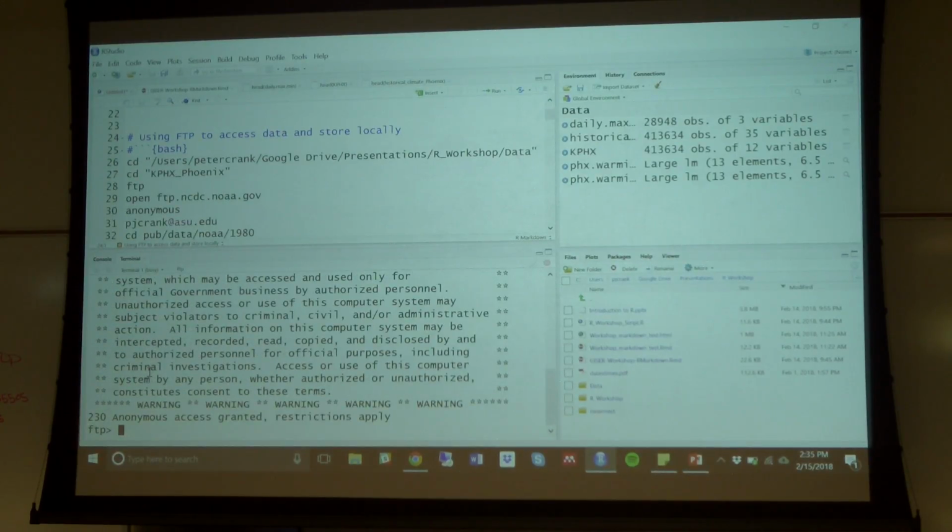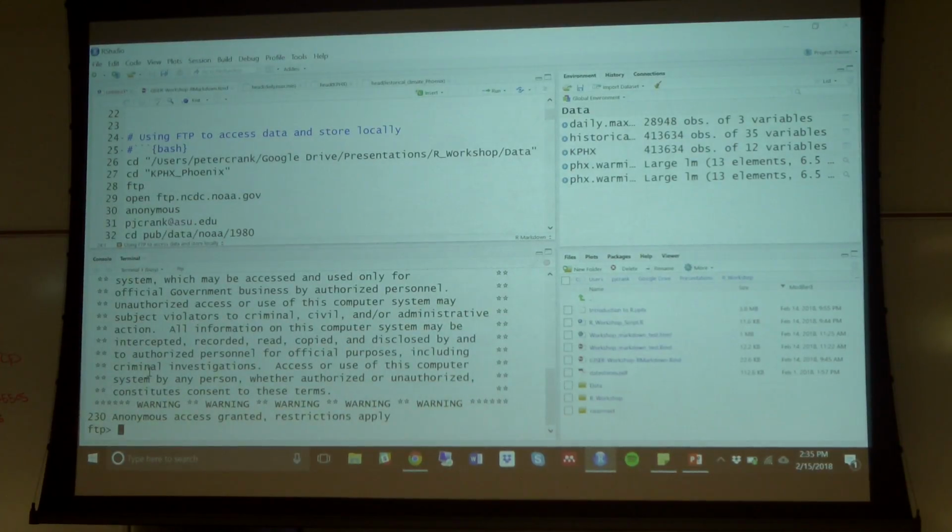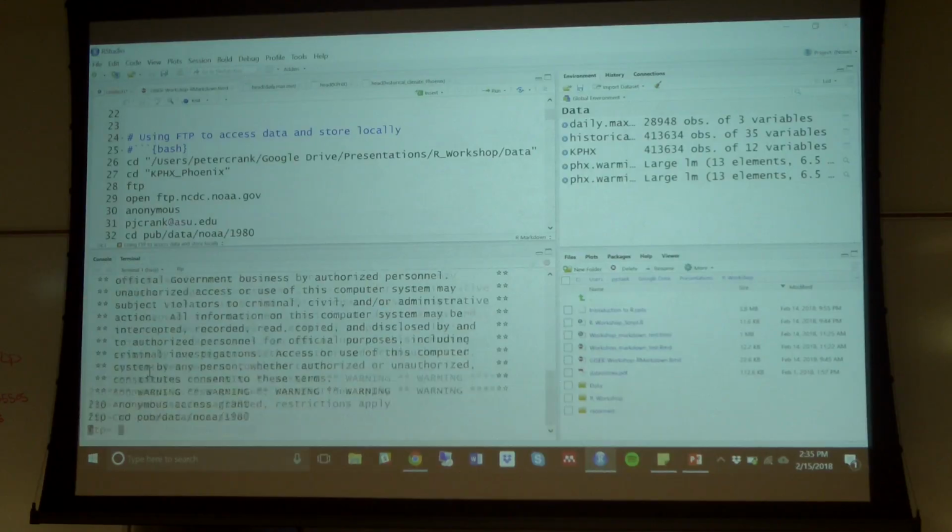Once you do that, anonymous access is granted, and then, using command line, you can begin to access the data that you might want. So where I got this data from is from this FTP. So now